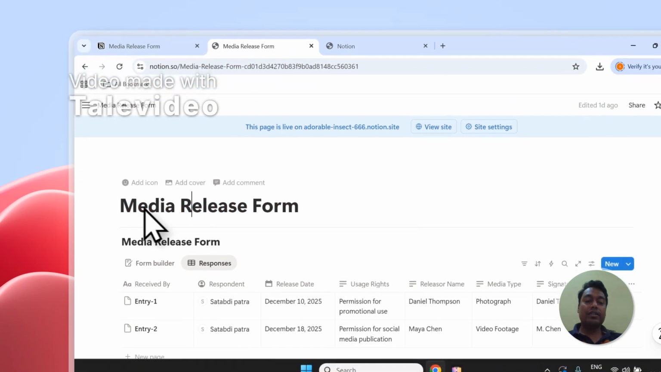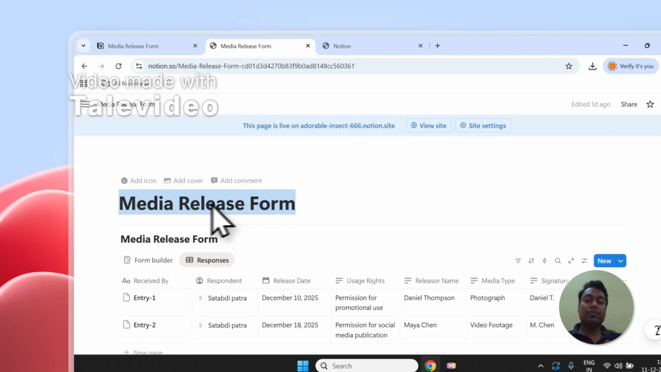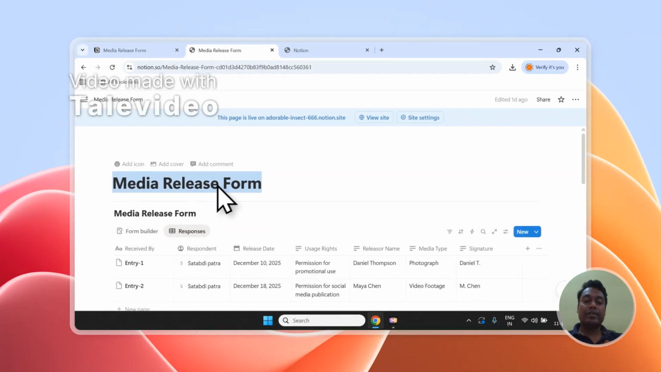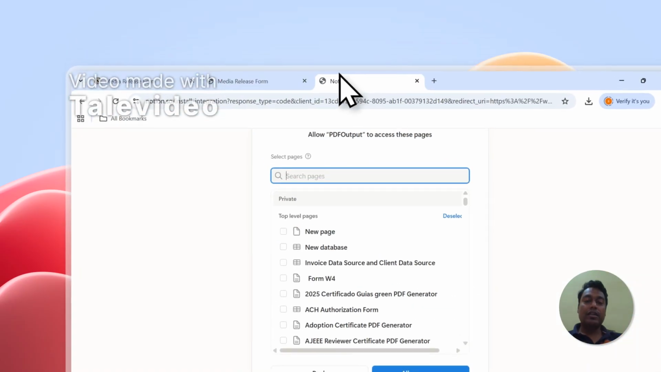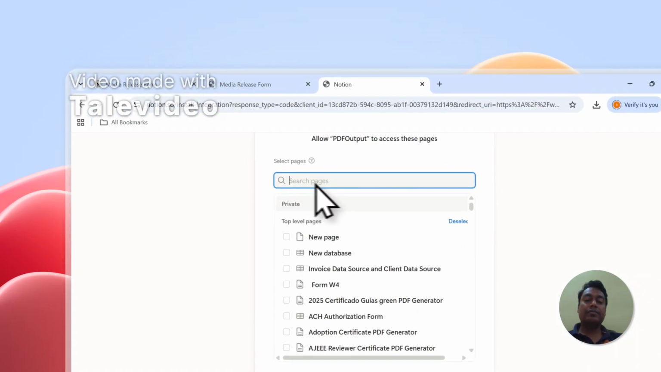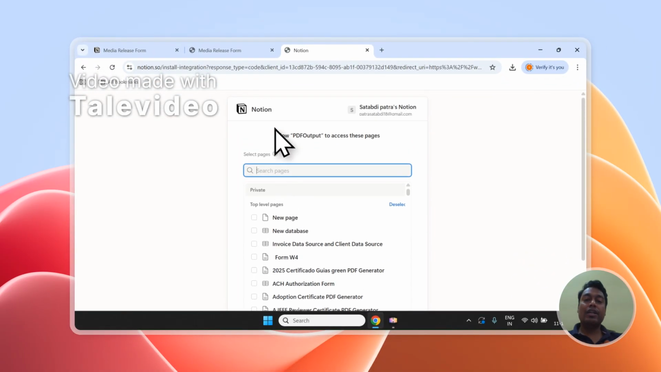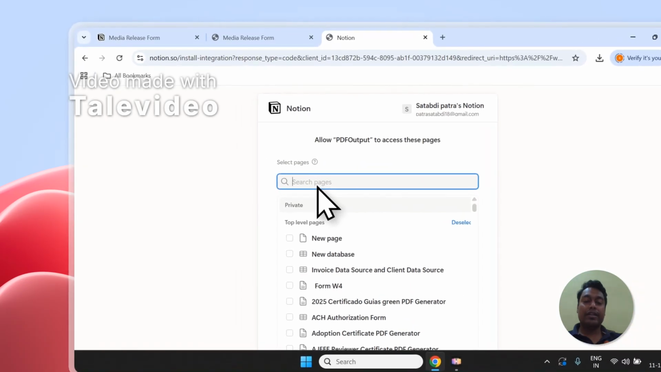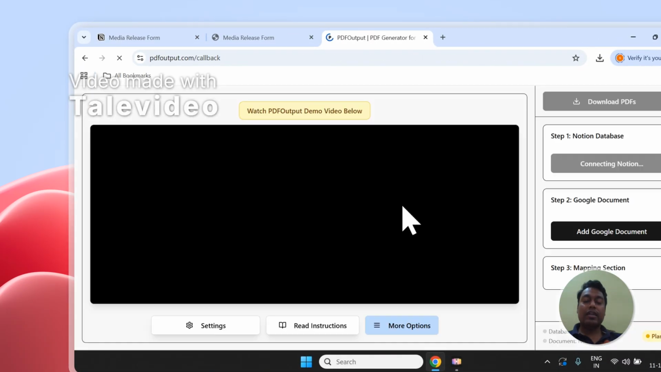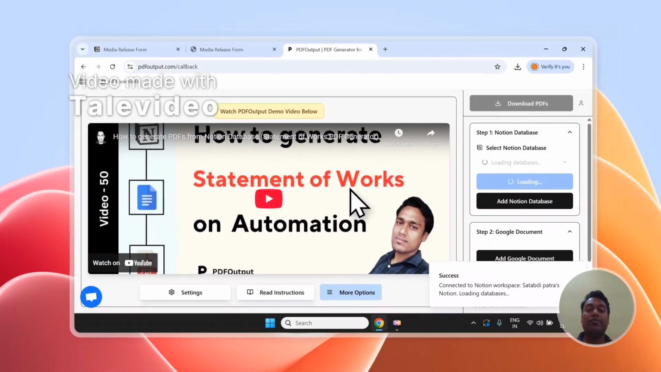Alongside that, if your database is connected with other databases through relation properties, so let's say my media release form is connected with database A and database B through relation properties, I also need to add database A and database B inside the search pages so that the PDF file which will be created will have all the relation and roll of values appear correctly on the document. Otherwise, the relation and roll of values will not be visible in the PDF file which will be created. Let's click on allow access,